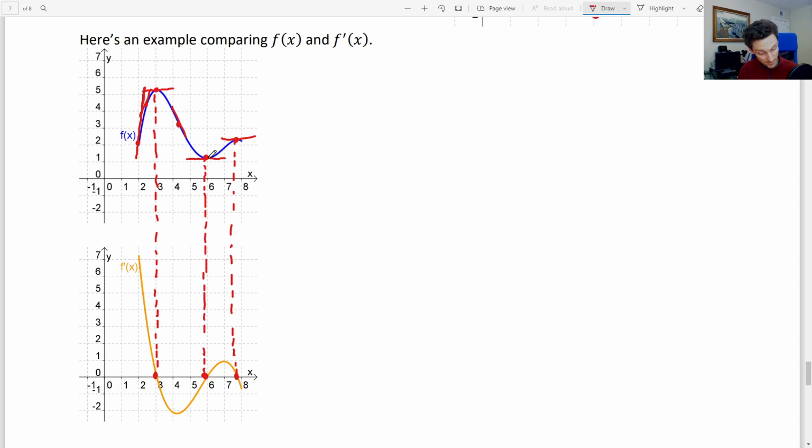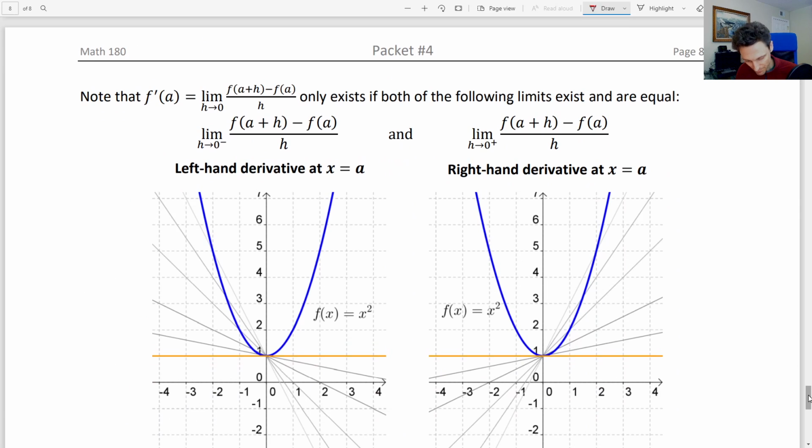And then the surfboard starts to point up, and so you're going to get a positive slope from this point to this point, and we can see that positive slope from this point to this point. Okay, we'll practice a little bit more with that in future packets, like packet 14 and 15. But for now, let's finish off this packet